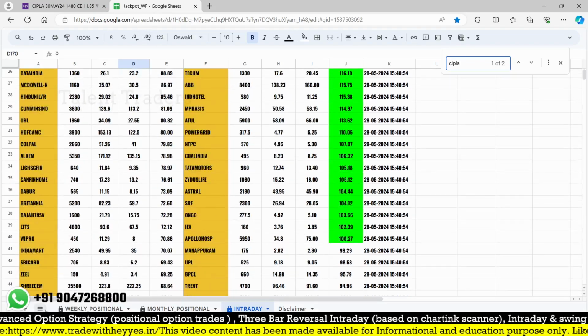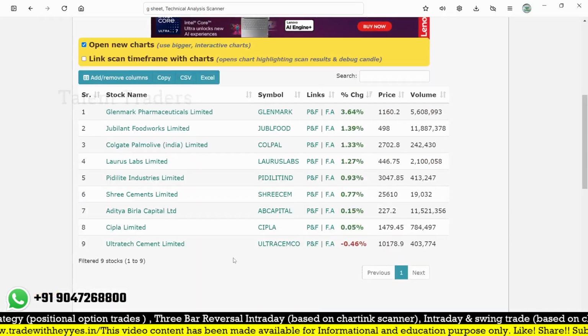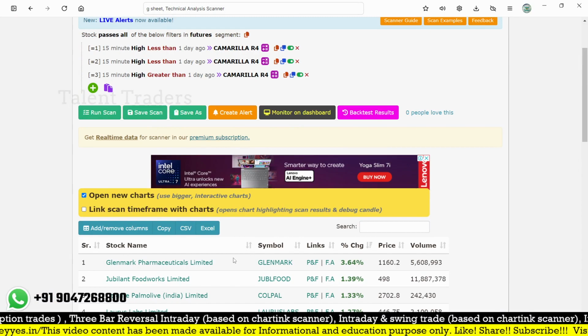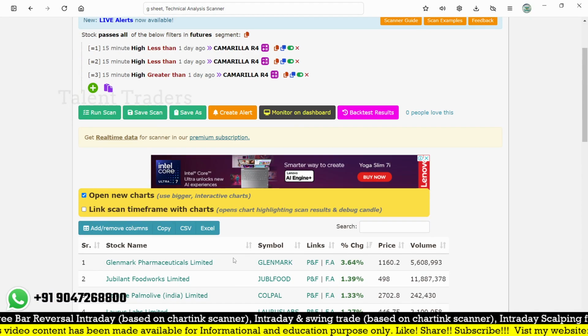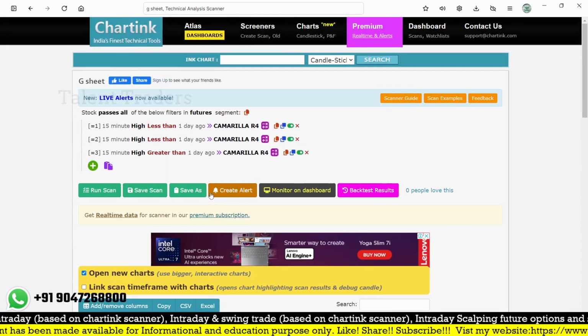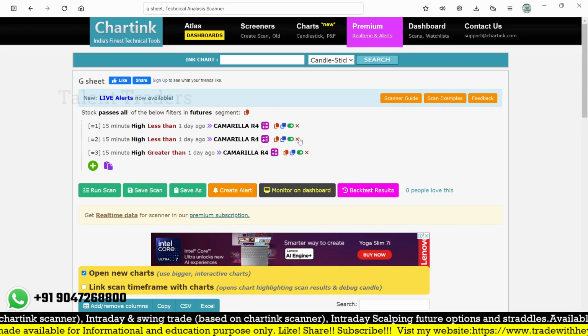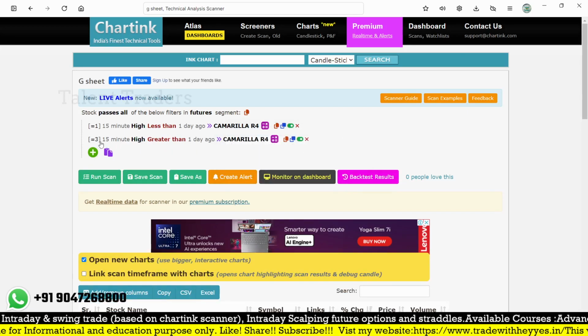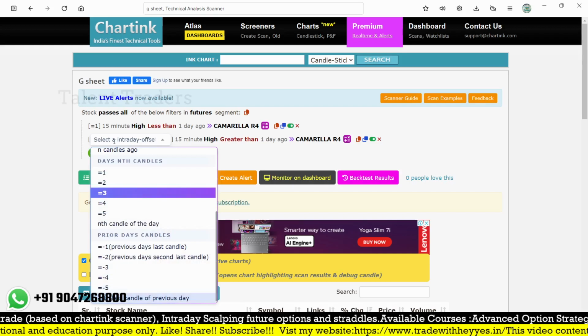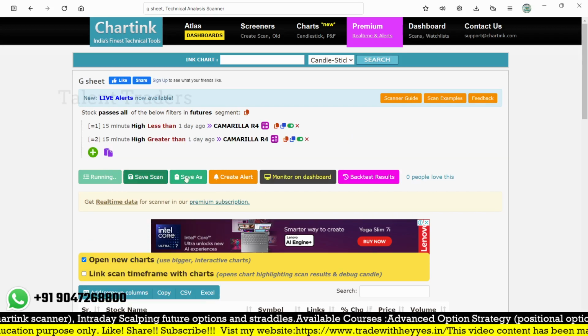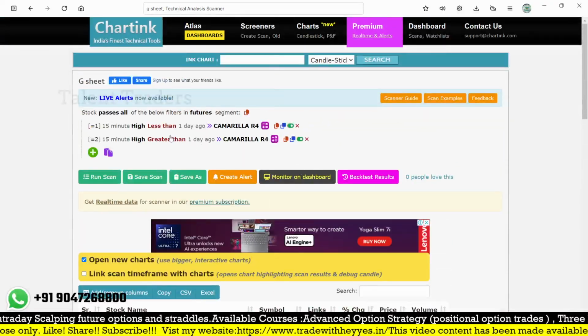So simply this particular scanner will help you to find out. Those who are my paid members, I have already updated this in the group, and you can simply use this scanner to find out the 9:30 second candle breakout. That will easily help you find one or two opportunities on the call side. And if I want to go for the put side also, I simply go for